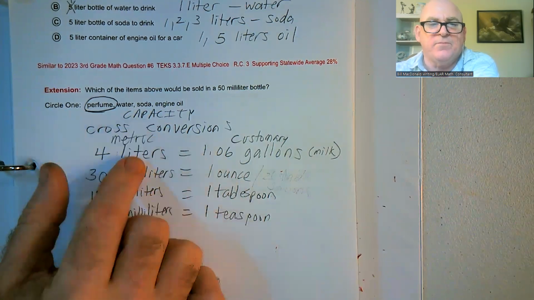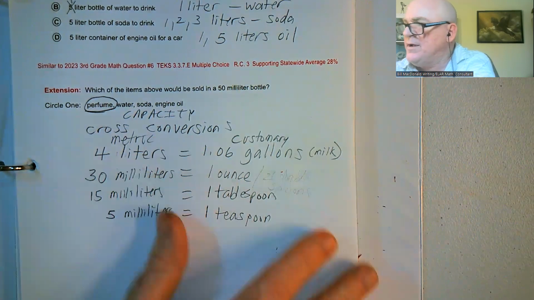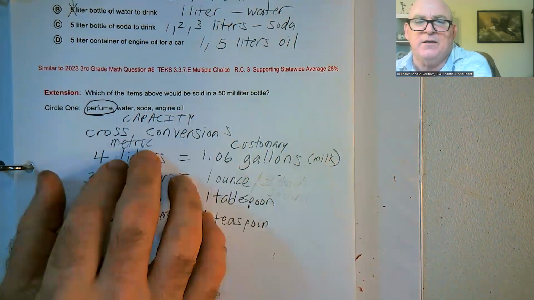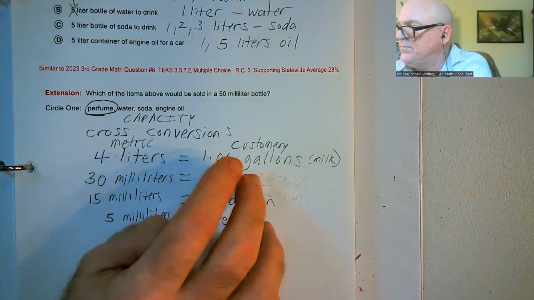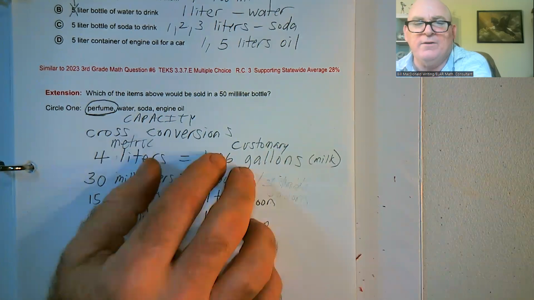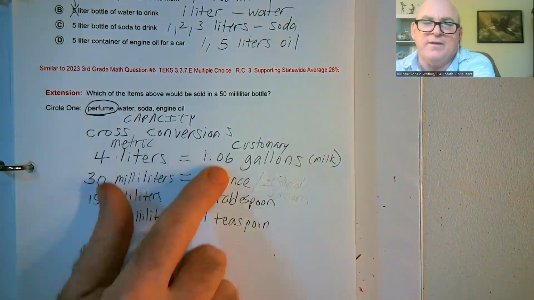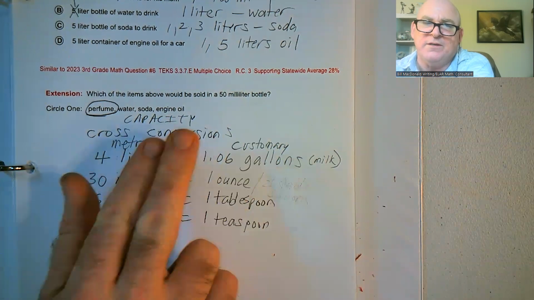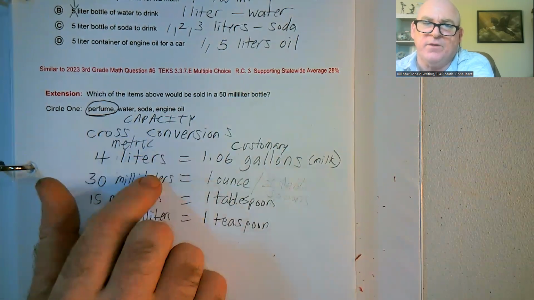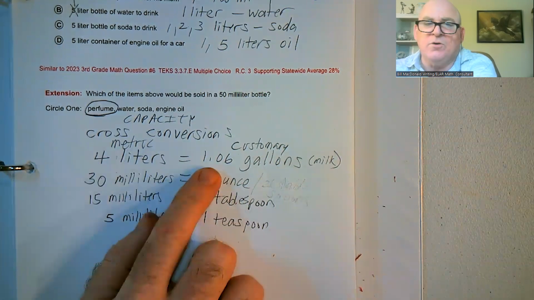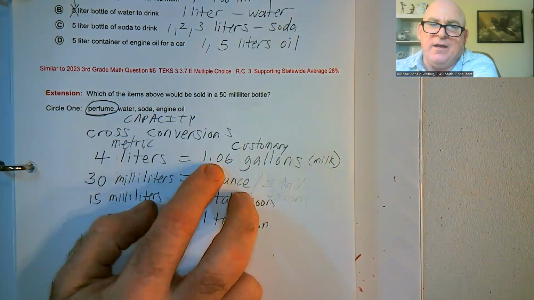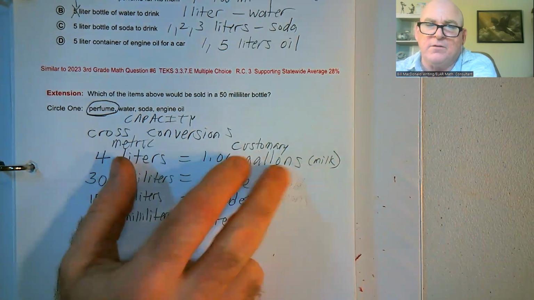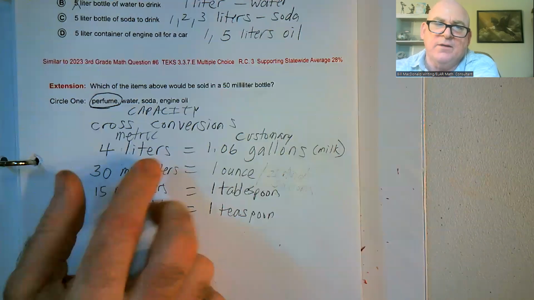something that I did with my students when I'm trying to go back and forth from capacity with customary to volume. I wanted my students to be able to know, if I know one in customary, what was its similar cross conversion using volume. So when I looked it up, a little over a gallon, a gallon of milk, a gallon of orange juice, liquid, is about